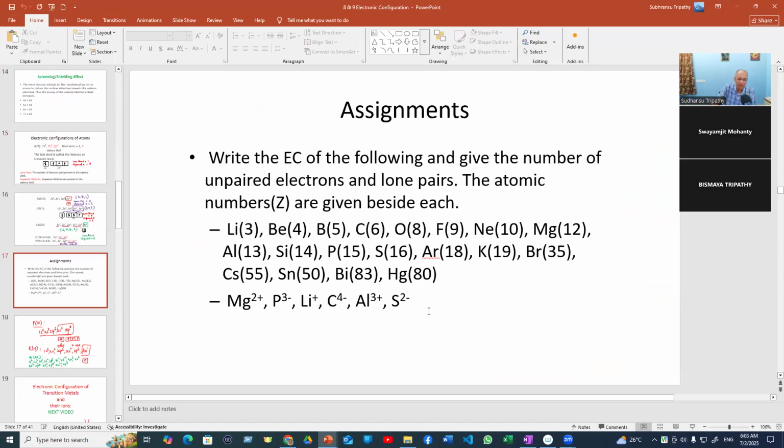These are the simple ions where you remove 2 from 12, leaving 10. It will have neon configuration. This will be 15 plus 3, 18, argon configuration. This will be helium configuration. This will be 8, like neon configuration. This will be again 8, 13 minus 3, neon configuration. This will be 16 plus 2, sulfide ion, argon configuration. Just write down. And I have asked you also to write the configuration of all these neutral atoms,